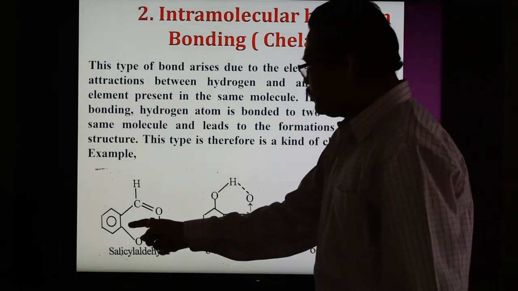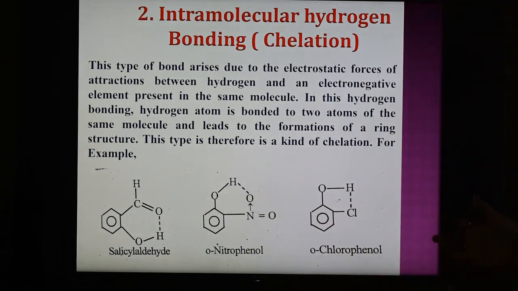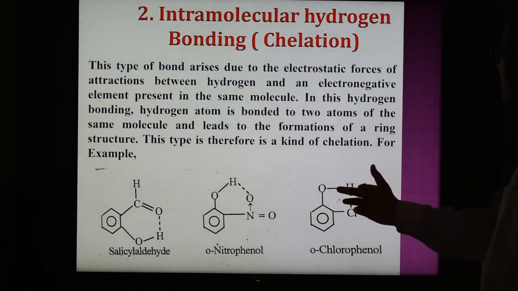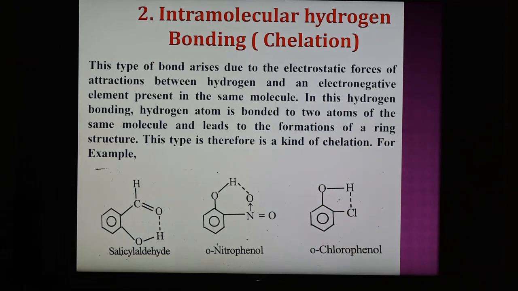So the formation of a ring closes, like chelation. Chelation means formation of a ring in complexes. In the same way here, when the intramolecular hydrogen bond is formed, a ring is formed, and therefore it is also known as chelation. So this type of bond is formed in salicylaldehyde, orthonitrophenol, orthochlorophenol, and so many examples